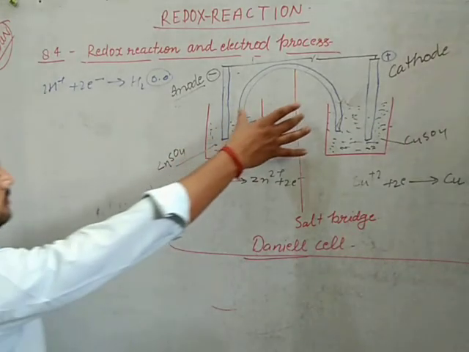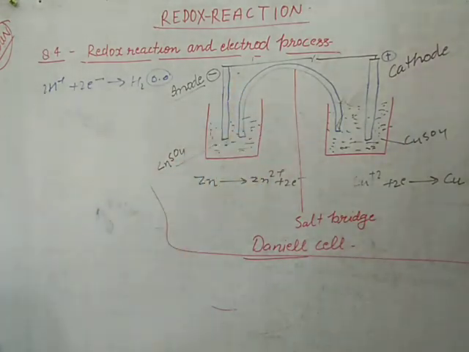The U-shaped tube that we say is called the salt bridge. What is its function and how is it made? The U-shaped tube connects the two half cells, and in that tube a solution of potassium chloride or potassium nitrate, usually solidified by boiling with agar and later cooling to a jelly-like substance, is filled.